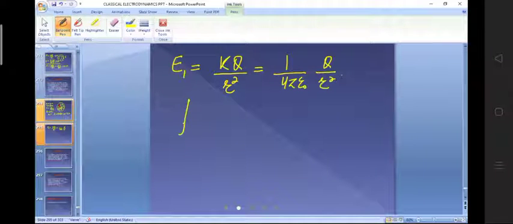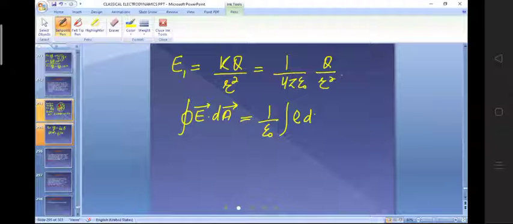So simply Gauss law is like this: integration of E dot dA is equal to Q enclosed by epsilon naught. So here I will write down 1 by epsilon naught integration of rho multiplied by d tau. Now this term will be safely equal to E multiplied by 4 pi r square. I am sure you must have understood this. This will be here 1 by epsilon naught, isn't it?